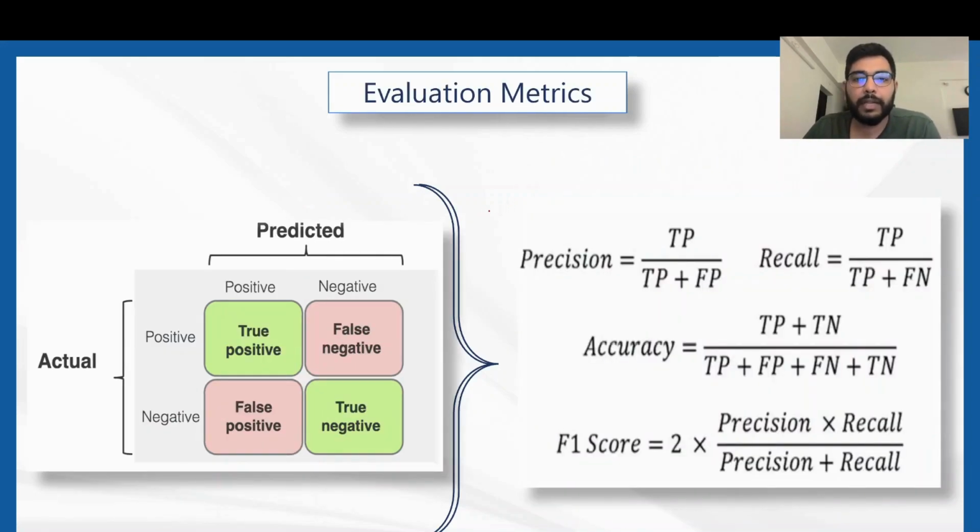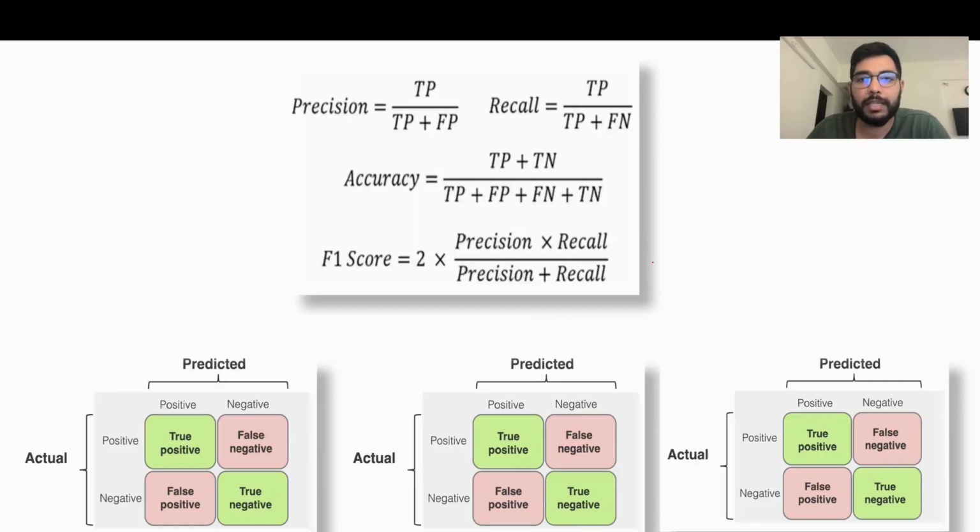Now coming to the evaluation metrics. Based on the similar concept of confusion matrices, we have these four evaluation metrics, namely precision, recall, accuracy, F1 score, and their respective formulas. No need to memorize these formulas. Let's look at them logically to understand better. Now let's try to comprehend each of these evaluation metrics effectively. Starting with precision,